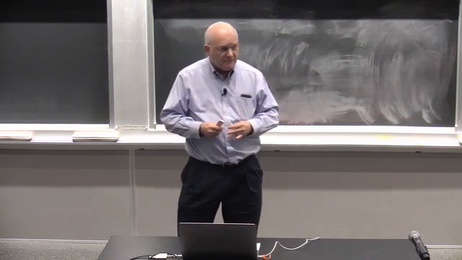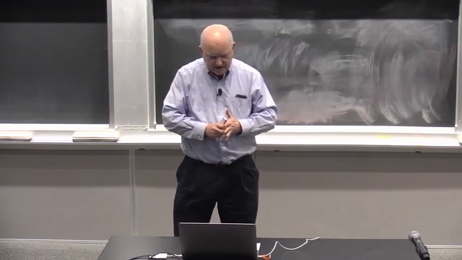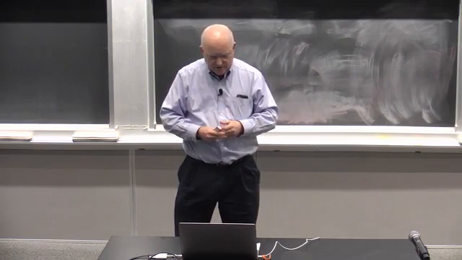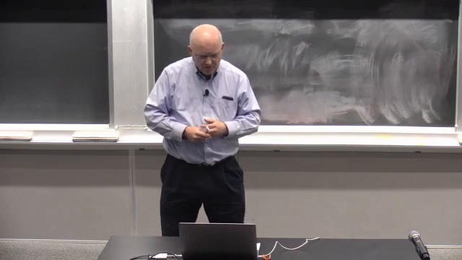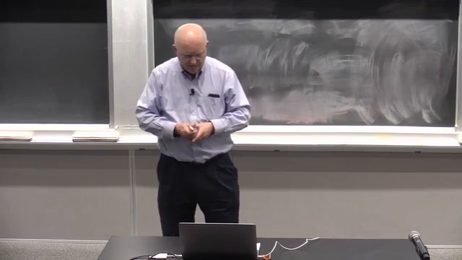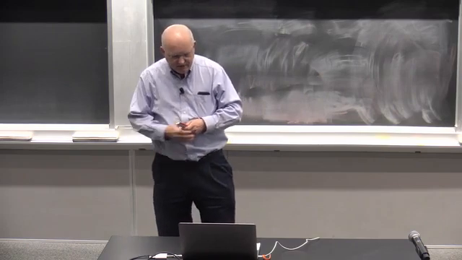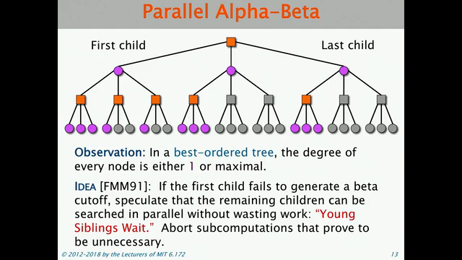So the solution comes from an idea from a very nice paper by Burkhard Monien and some of his students in Germany. They made the observation that in a best ordered tree, the degree of every node is either 1 or maximal. This is not their observation; this is actually the observation in the Knuth paper, okay? So when you have a best ordered tree, if you can get all the moves ordered in their true order, okay, then it turns out that either you're